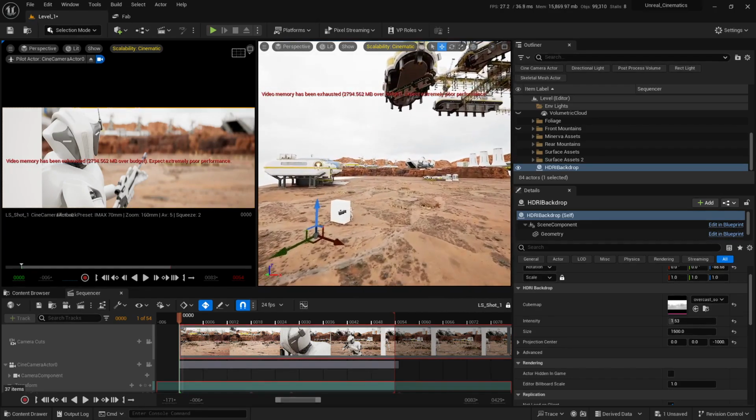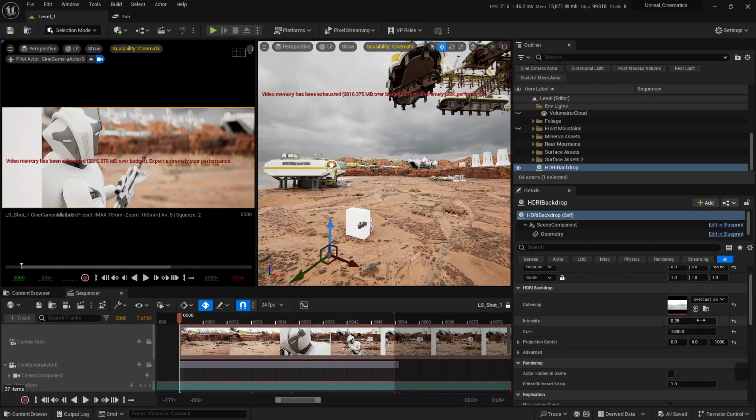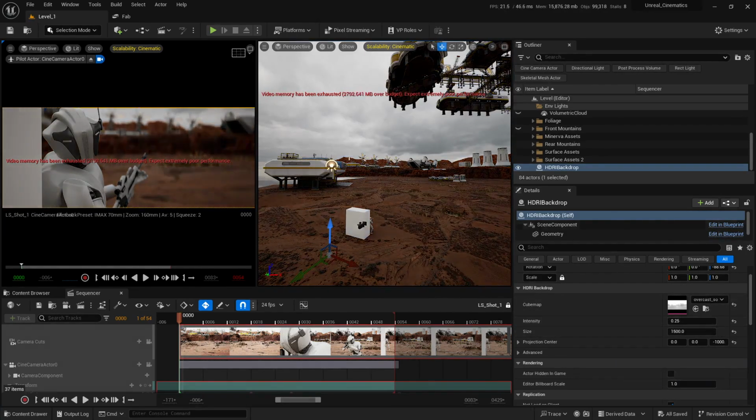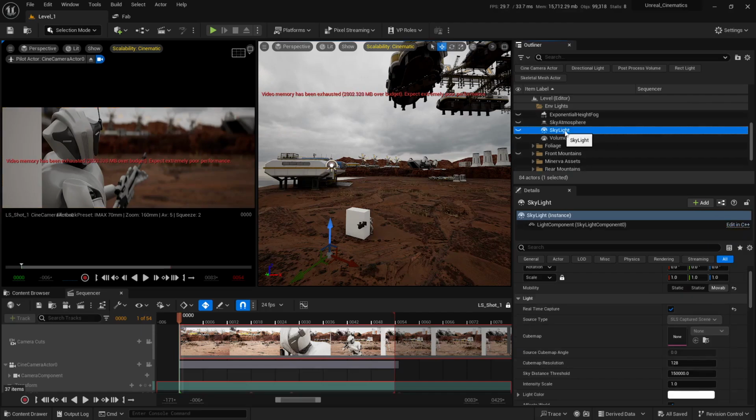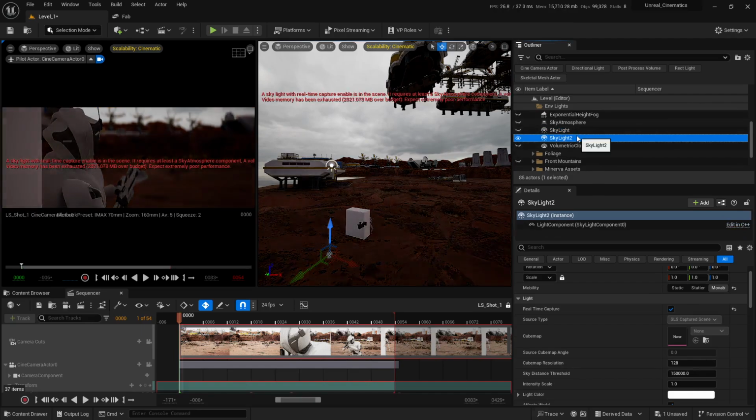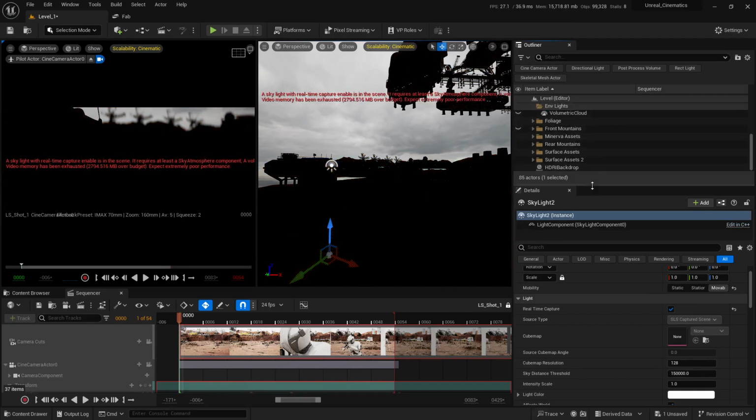So what we can do in here is to keep the lighting intensity to 0.25 and then add a skylight to add a little bit more illumination in the scene. Okay. So what I'm going to do in here is to simply just select the skylight, press Ctrl D to create a duplicate of the skylight, and then simply just